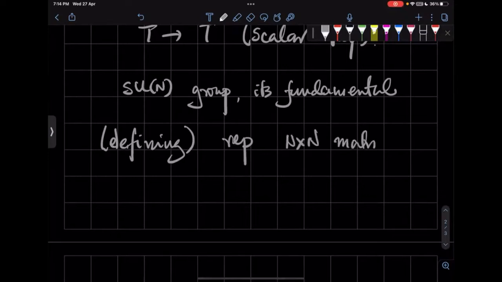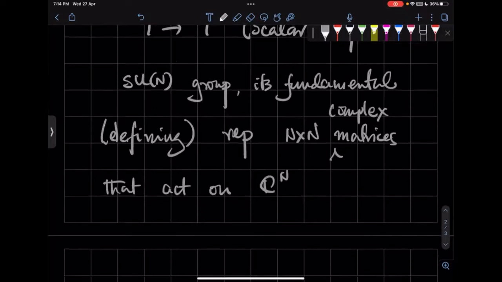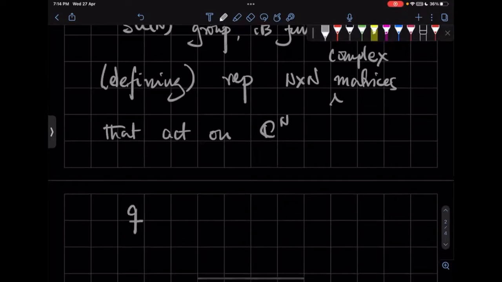They're complex matrices. Complex matrices that act naturally on Cn, right? So we can say if Q, say, is a